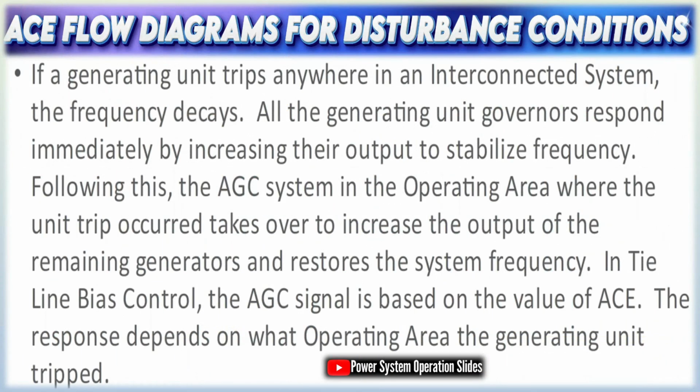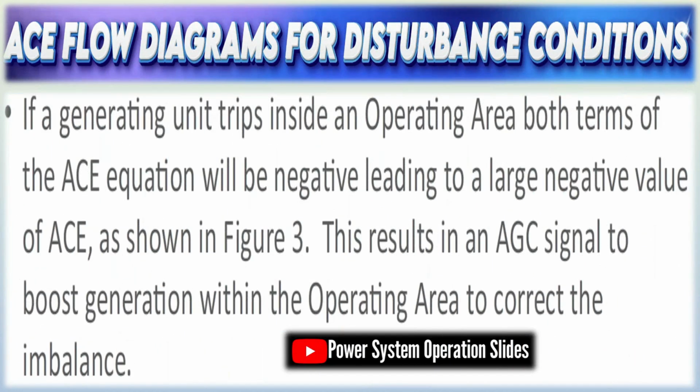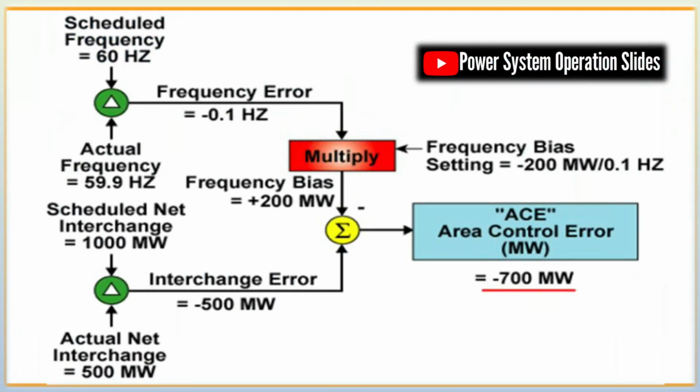AGC unit response. When a control signal is received, individual generation units adjust their output via their turbine governors or inverter controllers. Each unit's inherent dynamics, including inertia, ramp rate capability, and droop characteristics, play a role in how quickly and accurately it can respond. The aggregate response of all controlled units produces a smooth modification of the total power output, helping to promptly correct any imbalance or restore the system frequency.